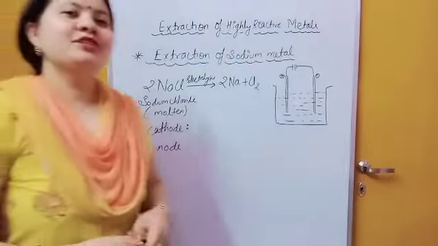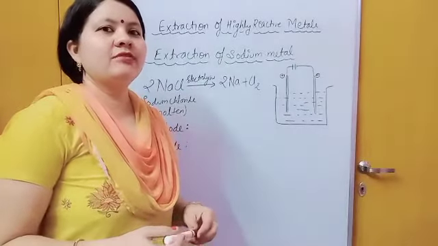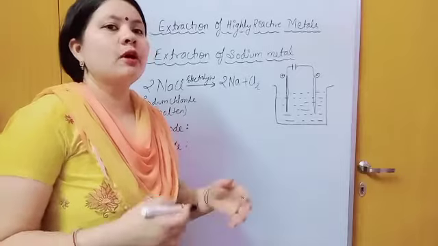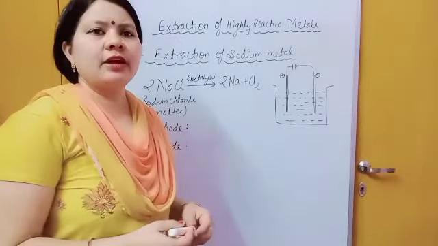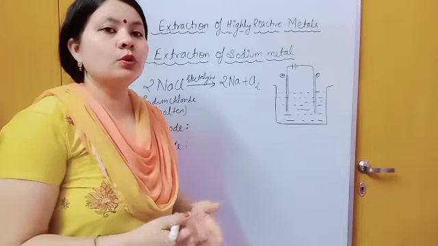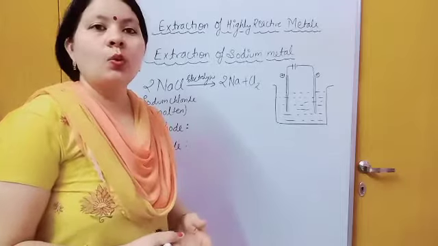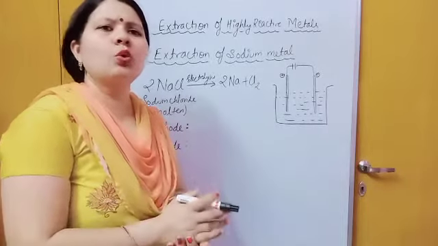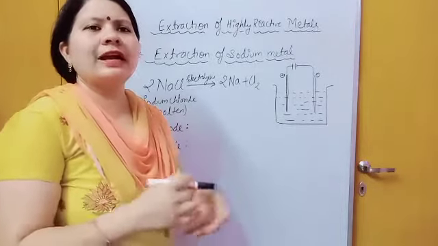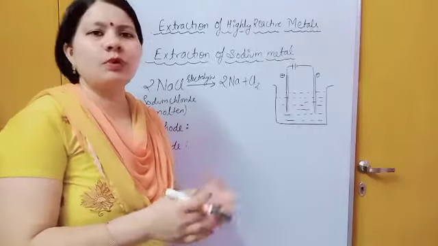In the earlier video we learned about minerals, ores, and the extraction of metals. We made a simple flow chart. In that, first of all, ore is converted into powdered ore with the help of a process known as pulverization, where rock-form ore is crushed or ground in big jaw mills or ball mills.